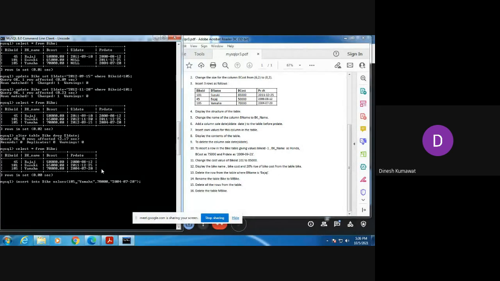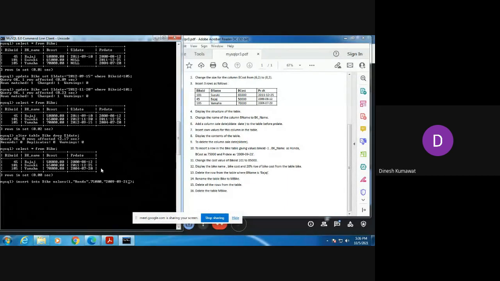Okay, now my bike ID is 1. Then model name, or you can say BK name, is Honda. Then the amount is 75,000 and the purchase date is 2009, month is 9th and date is 21.